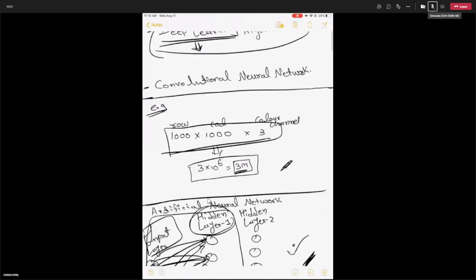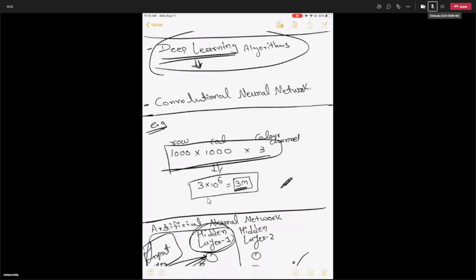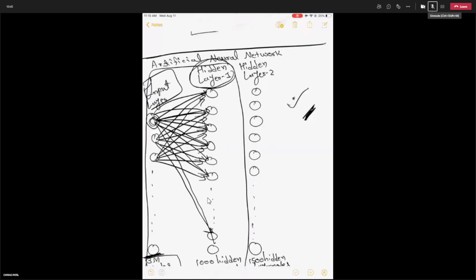First, we had seen that if we have a simple neural network and one image of size 1000 cross 1000 and it is a color image, then we have 3 million parameters. And if you design the neural network,